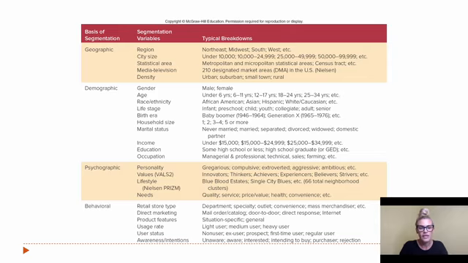Psychographic, we can look at personality or lifestyle factors, the needs of consumers here. And again, there's some good examples here about what typical breakdowns might be. And then lastly, looking at behavioral. So the retail store type that you purchase from, that's related to your consumption of the item. Direct marketing, your product features that you want, the usage rate that you're purchasing by. So those are our common consumer segmentation strategies, and we would use that in step 1 to segment consumers within the marketplace. Then in step 2,